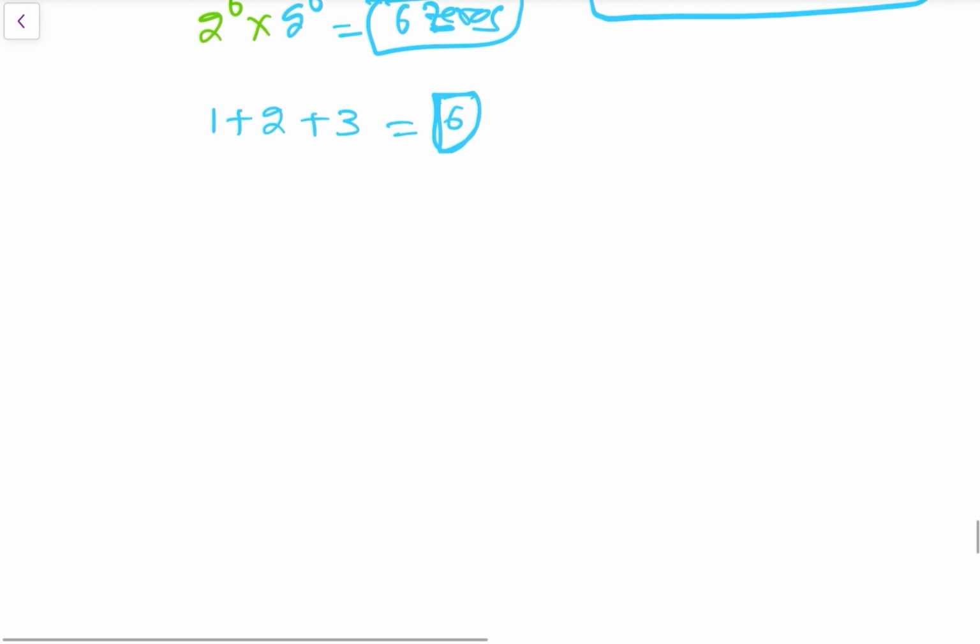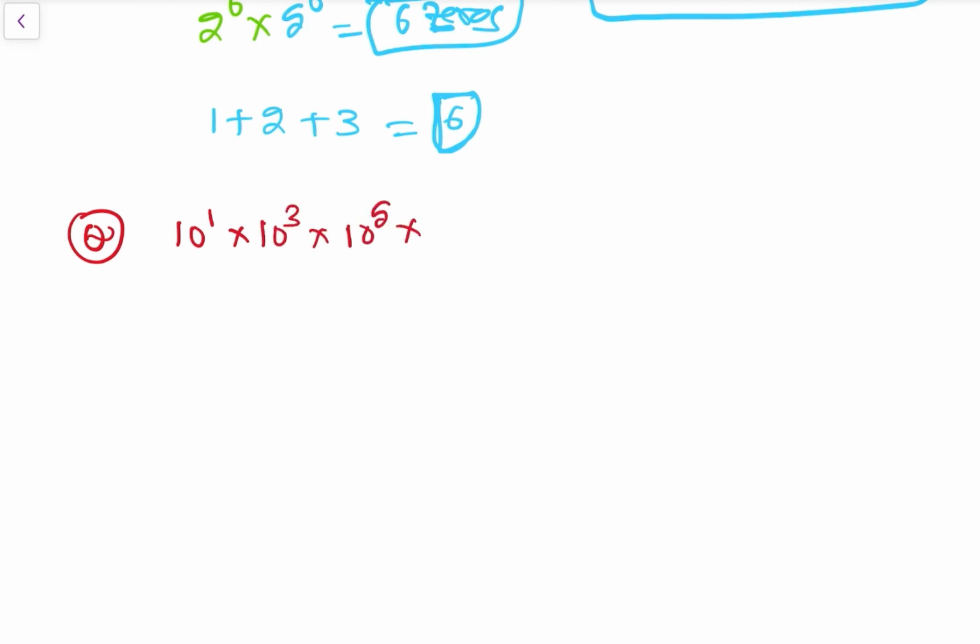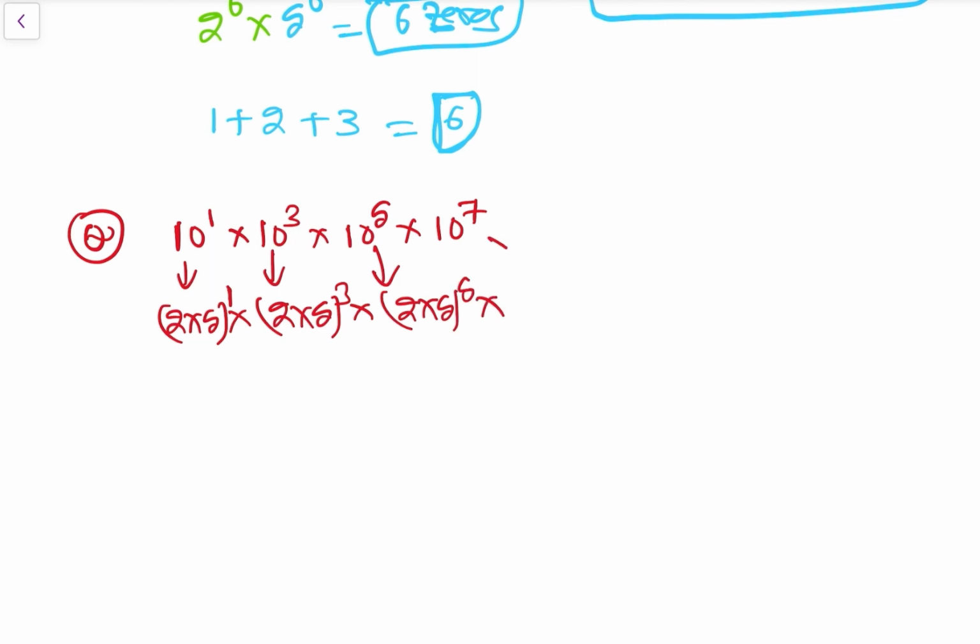So let's see one more question: 10 to the power 1 into 10 to the power 3 into 10 to the power 5 into 10 to the power 7. One way of calculating it is 2 into 5 to the power 1, then 2 into 5 to the power 3, then 2 into 5 to the power 5, into 2 into 5 to the power 7. So here also we can say the power of 2 is 1 plus 3 plus 5 plus 7. So that would be